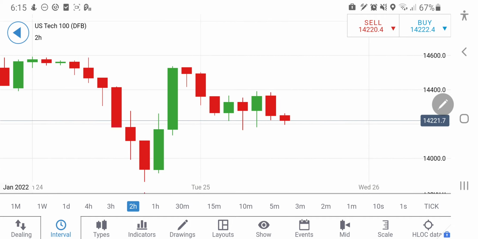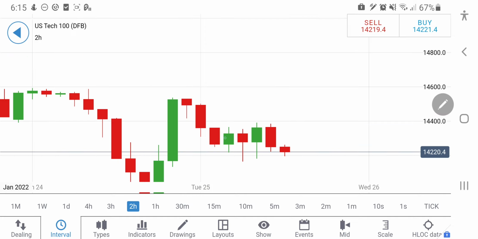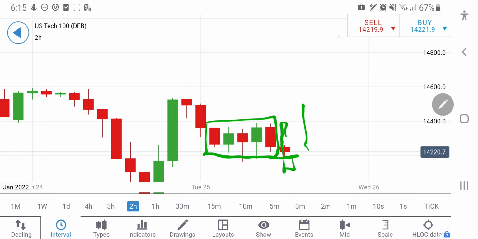Now look at the 2-hour charts. On the 2-hour charts, this is kind of a breakout candle after this consolidation. You can see this consolidation zone between 14400 to 14200, and probably here too it might again reverse. So that is why I said that once it breaks this zone at 14150, probably it is going to give